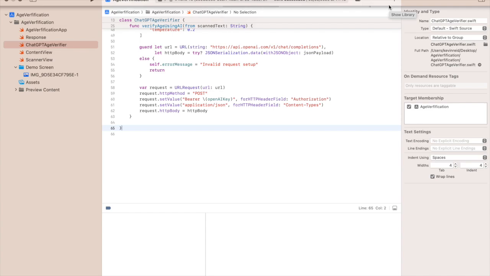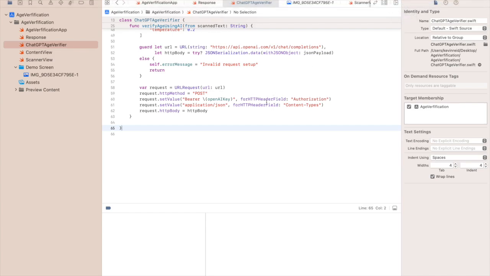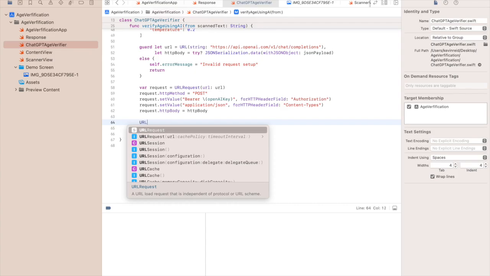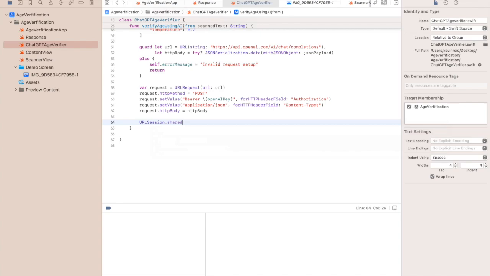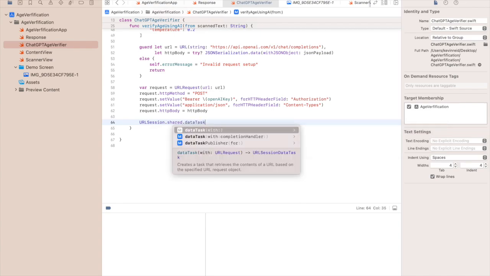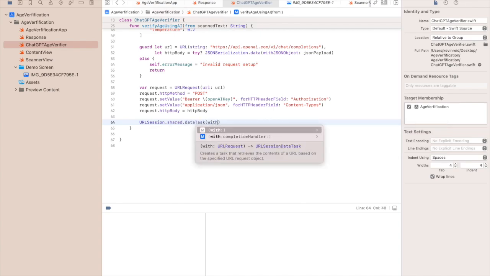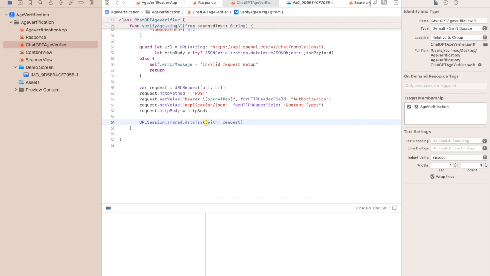In this part of the tutorial, we will perform the network call to OpenAI. So having set up our request that we've done in the previous tutorial, we just need to type in the following: URLSession.shared.dataTask(with: request) { data, response, error in